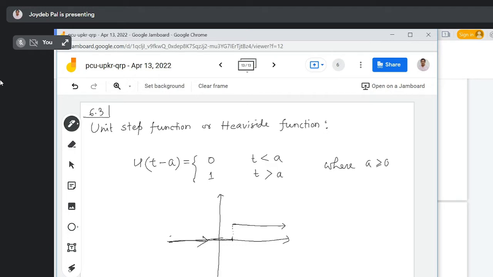Sir, हाँ, सर t यहाँ पे लिखा है कि t अगर ग्रेटर होगा a से तो 1 होगा। t greater than a means a का राइट, and t less than a means a का लेफ्ट, तो वही तो किया है ना। यस सर।